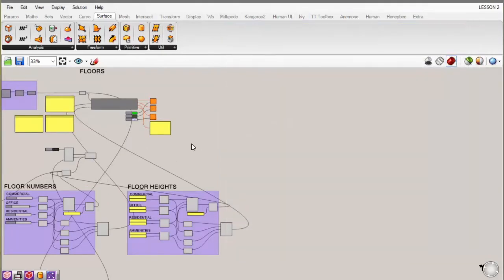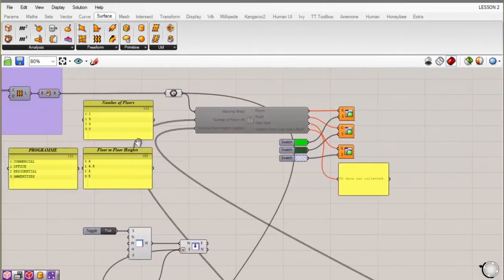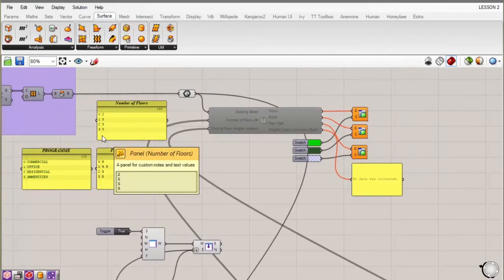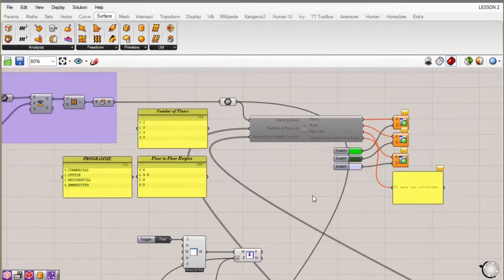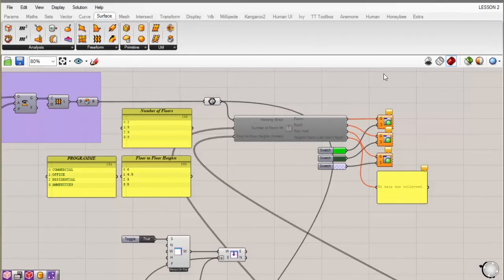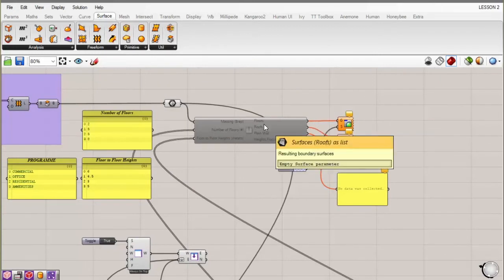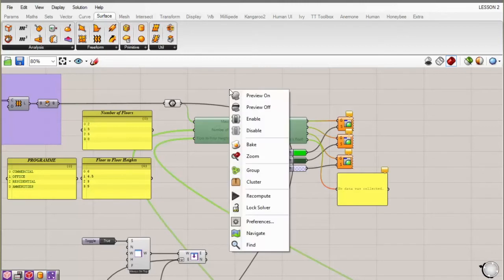So let's close this and decide what we actually want in our chart. What would be quite useful to show isn't really the number of floors, because that's already displayed. It isn't really the floor-to-floor heights, because you've already got those in your modifier on your window interface. What would be really useful is to see the total area being generated for each of these different programs by the inputs that you're creating.